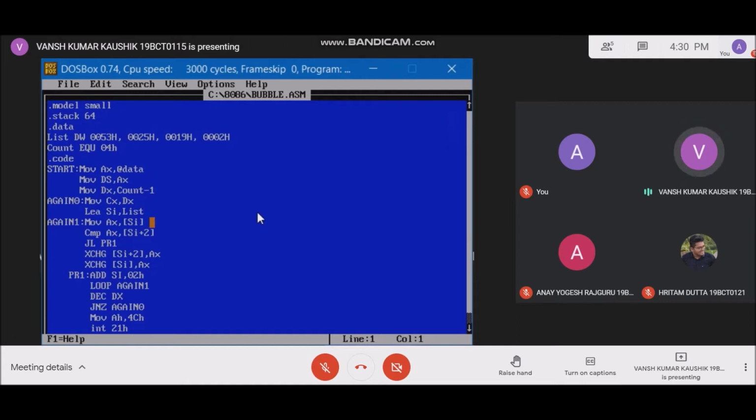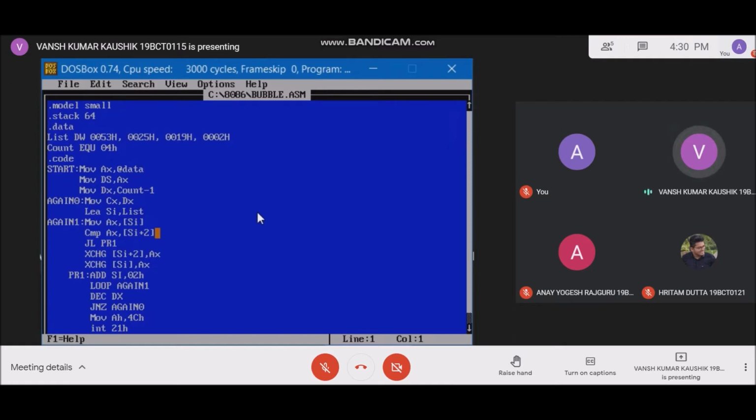Now the first value 0053 is moved from the memory to the AX register. Now we have to compare the value in the register to the value in the memory. So we have to increment the value of SI by 1. The statement CMP AX, [SI+2] is used to do this.